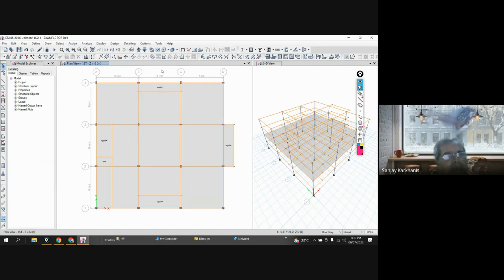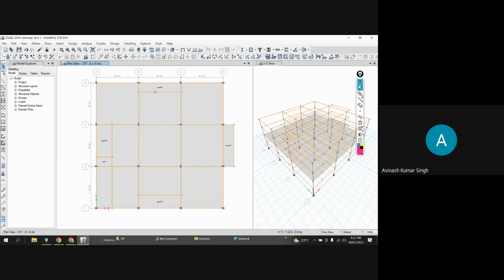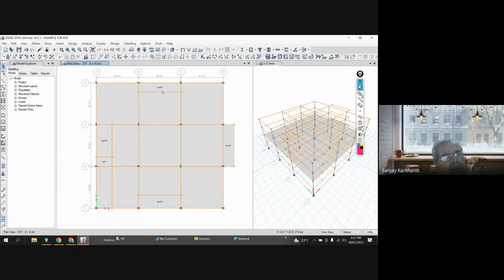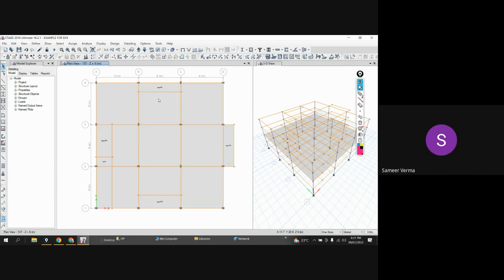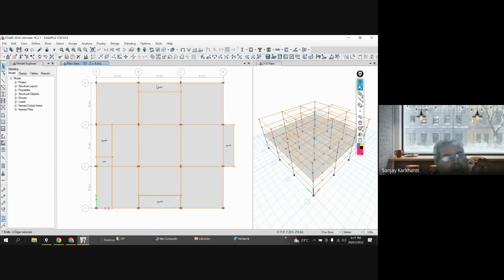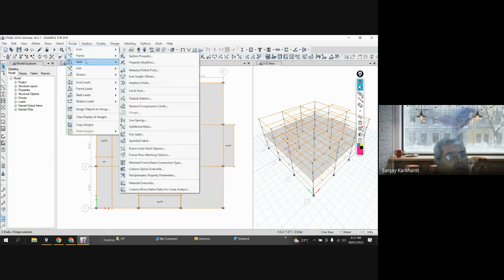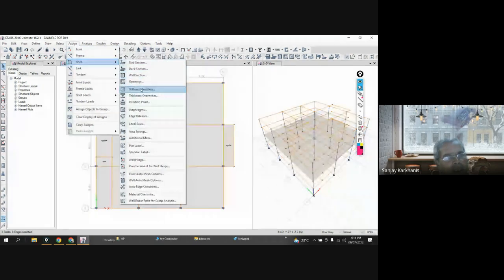the slab span should be in the y direction. Yes or no? See this arrow, it is parallel to the longer dimension. Actually it should be parallel to the shorter dimension. Yes or no? Shorter dimension, yes. So select that, select another, go to assign, go to shell, and under shell you can go